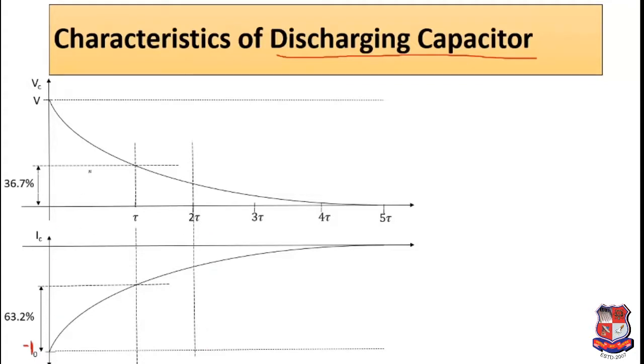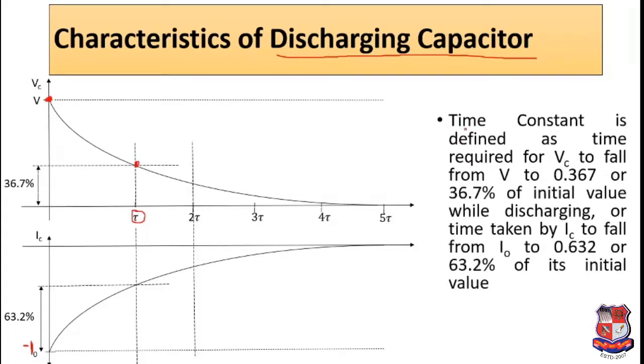And over here you can now see that the definition for time constant has changed. Now time constant is the time taken by the RC circuit to discharge from maximum voltage V to its 36.8%. So it is defined as the time for capacitor voltage to fall from V to 36.8% of its initial value, or you can also say that capacitor current or discharging current falls from I0 to 36.8% of its initial value. This can also be written.